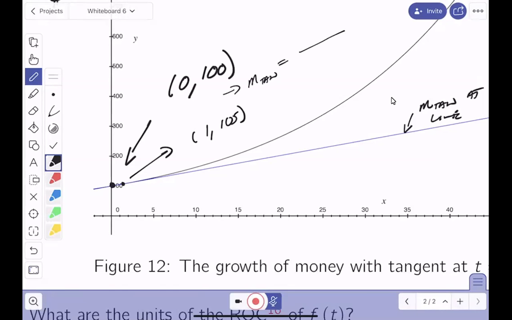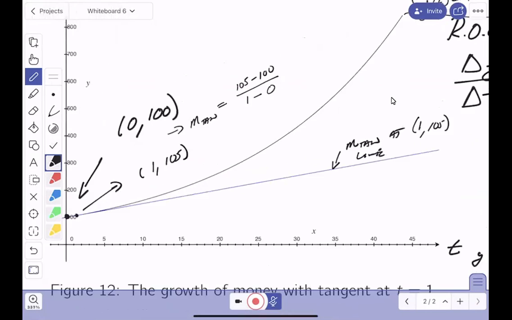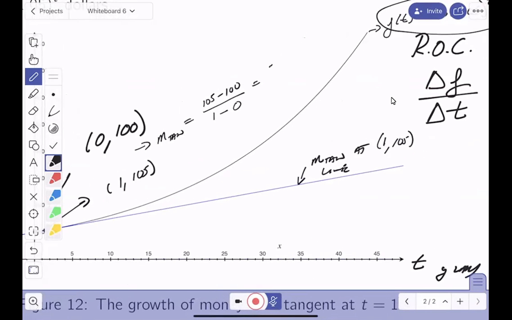So let's see. It's going to be 105 minus 100, and 1 minus 0. So I'm going to say the slope of that line looks like it's going to be 5 over 1, equals 5. I realize for some students, they might say, you know what, I used different points and I